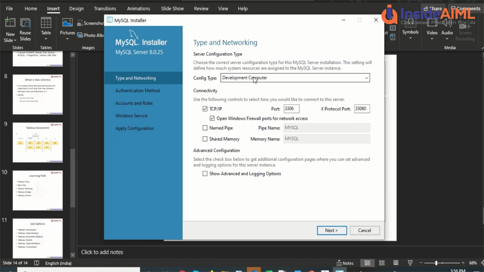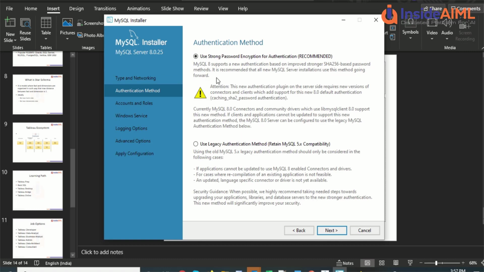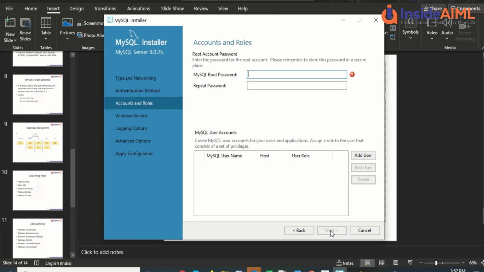Okay, so here the server configuration is there, TCP/IP, named pipe, and shared memory. Okay, named pipe, MySQL, memory name, show advanced logging options. Okay, we are using the legacy authentication mode. Let's see how it behaves. Root password we need to give.